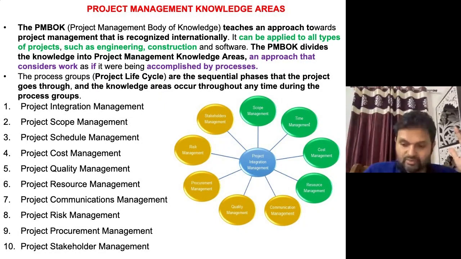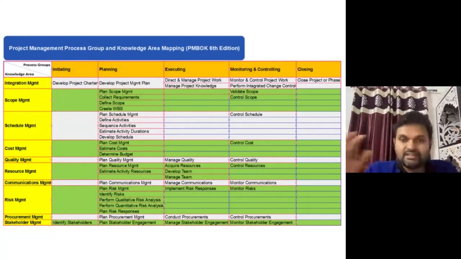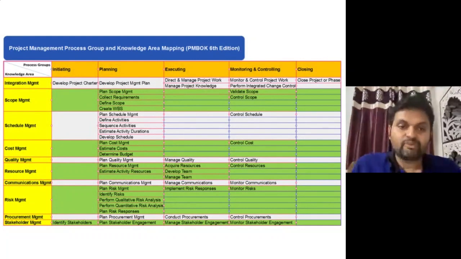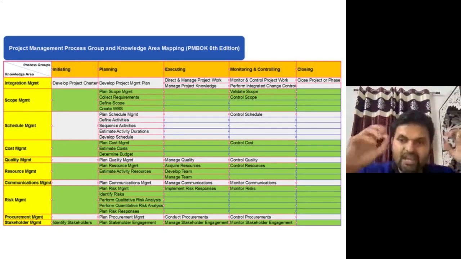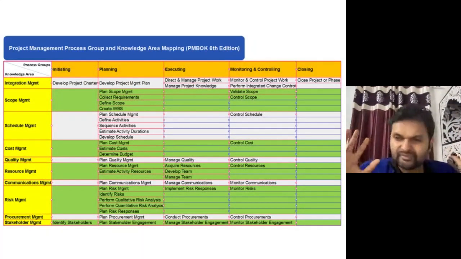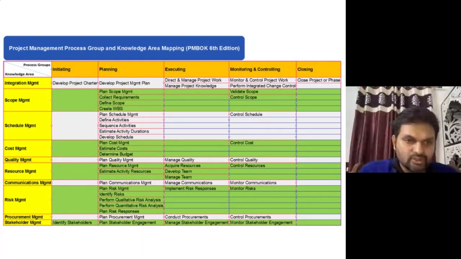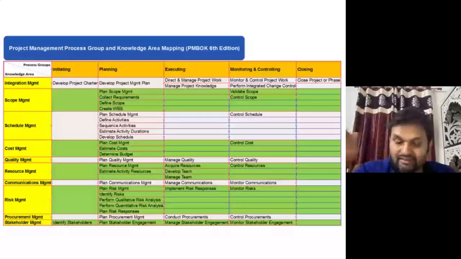Okay, good enough. Now let's move to the next part. This is very important. I have taken this snap from the PMBOK only. Now the whole of project management I have put into one slide. Just try to understand it. So these are my knowledge areas. Just see the dark yellow, the first column. These are the knowledge areas I am having: integration, scope, schedule, quality, all that I have written. Second, see the first row.